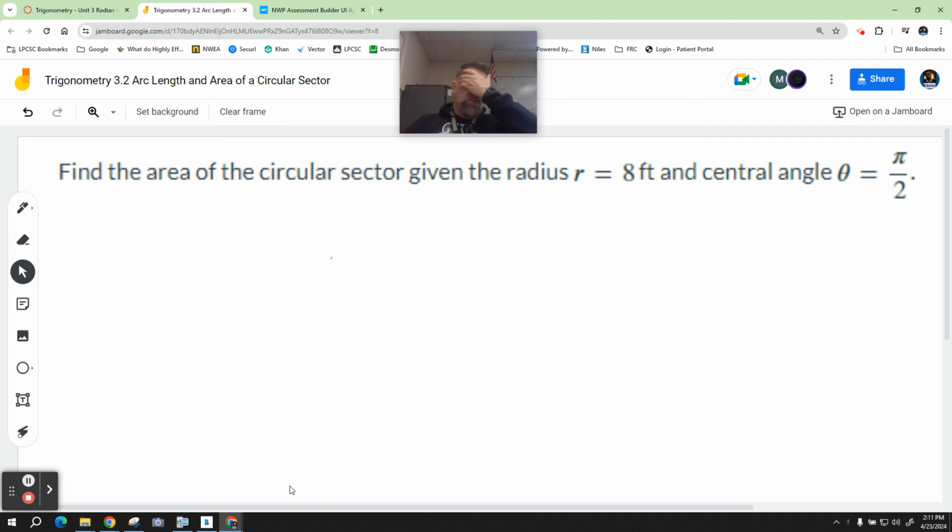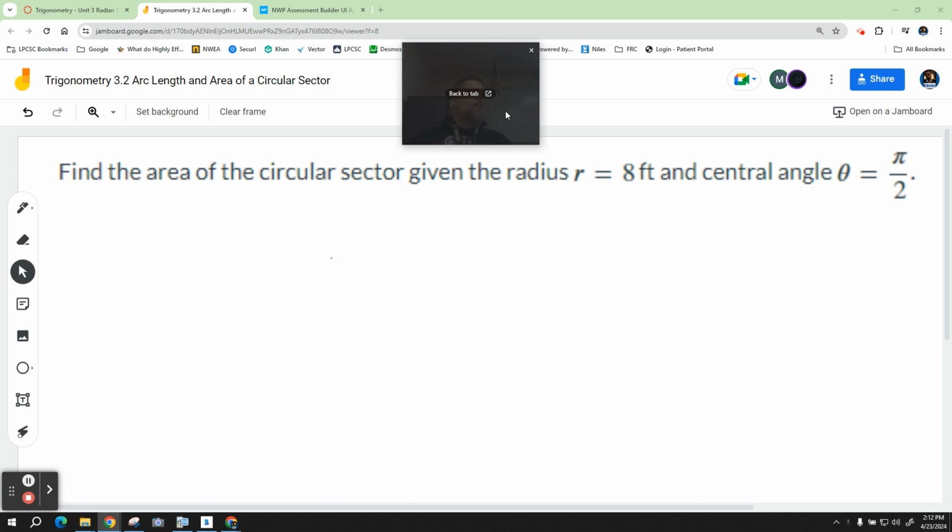So again, with any type of applied mathematics, it's better to list what you know and what you don't know, and then that helps you pick out the formula. So when I read this, I see find the area. I'm going to need to know the area of a circular section given that the radius is 8 feet, and the central angle theta